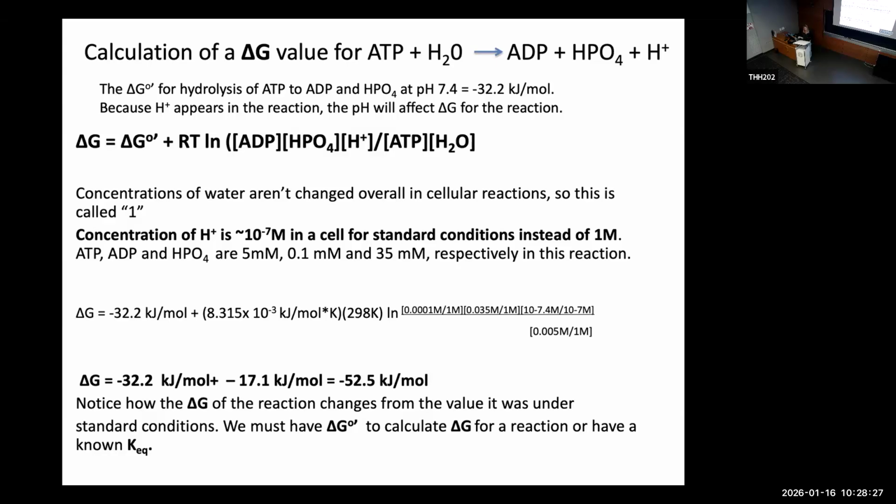Okay, plug that all into a calculator. And what we get, you'll have to believe me here, is this part of the equation altogether ends up being negative 17.1 kilojoules per mole. So we add that to what the standard state delta G naught prime was, and delta G is negative 52.5 kilojoules per mole. So at these concentrations,